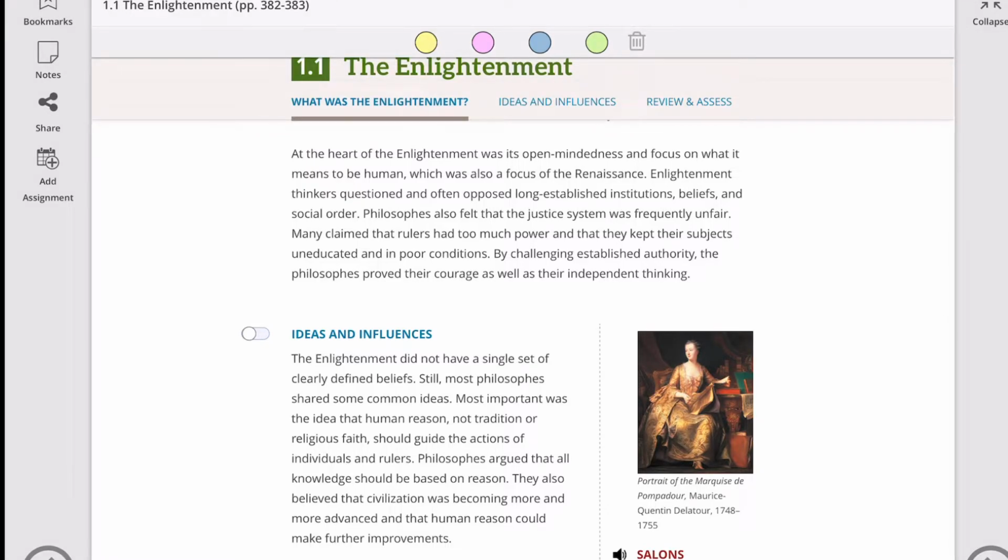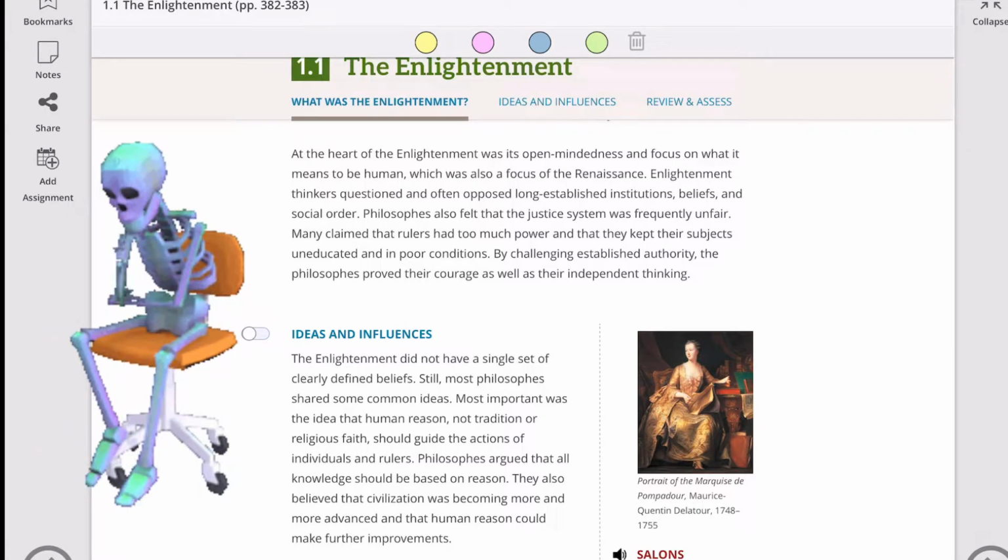So bottom line, Enlightenment thinkers are philosophers who use logic as a source of illumination or light. The idea is that enlightenment came from philosophers' belief that the light of human reason would shatter the darkness of ignorance, superstition, and unfair authority. Or in other words, just blindly following whatever the authorities tell people to do.